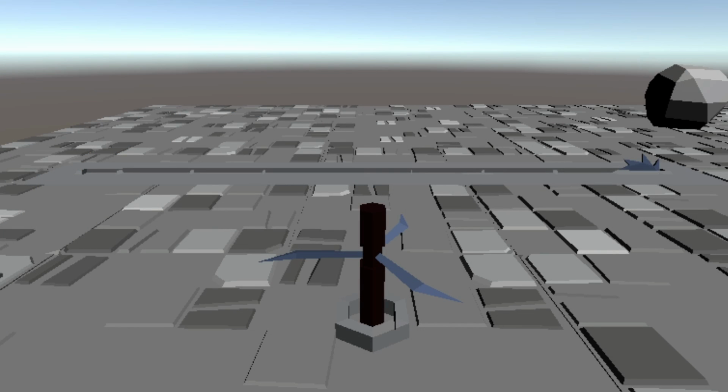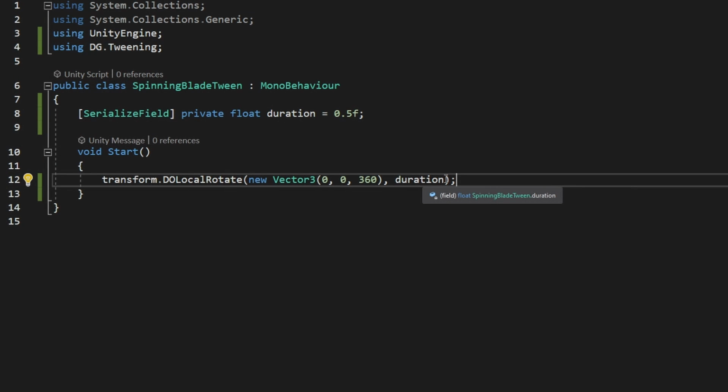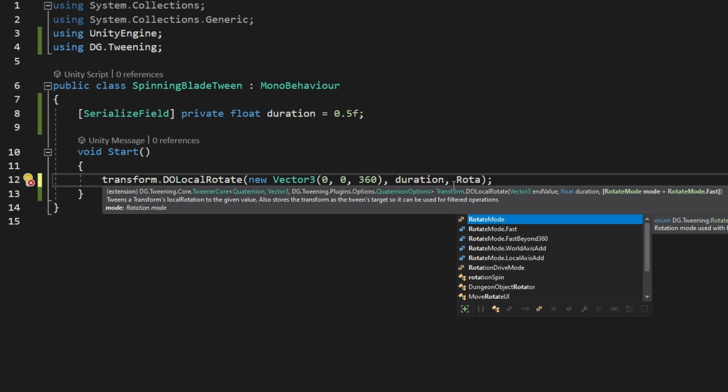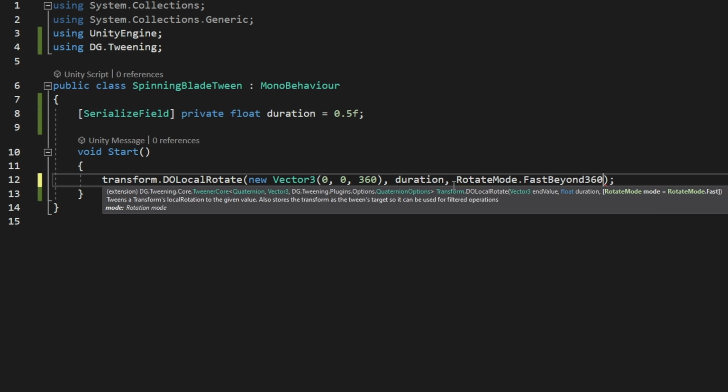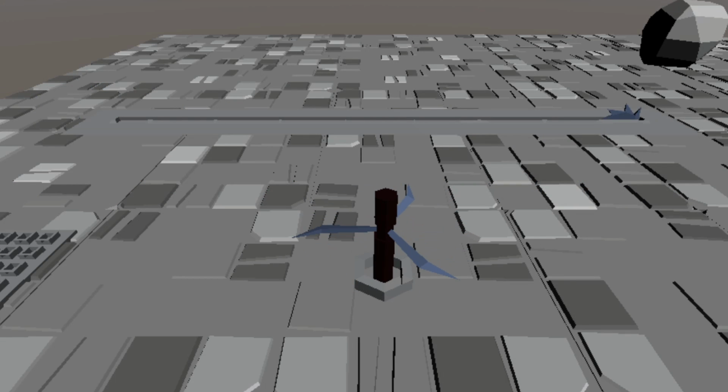But as we play the game, nothing is happening, because we are saying that it should rotate to 360 degrees, and 360 degrees is pretty much the same as 0 degrees. So to make sure that we can rotate even beyond 360 degrees, we can also set the rotate mode, and there are a few of them, so in this case we can use FastBeyond360. And yep, we can see that it is rotating 360 degrees around, but it has stopped